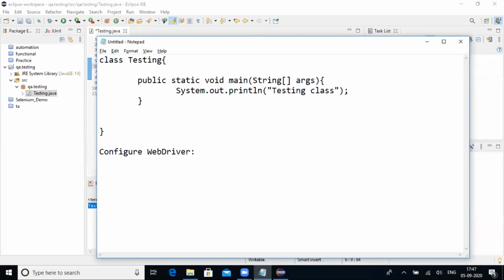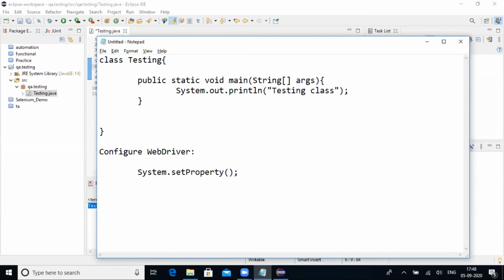First thing is we have used system.out.println to print the statement. This println method is there inside this system class. Similarly, there is a method called setProperty, which is present inside this system class. system.setProperty. SetProperty is the method which is there inside this system class. So what will it do? It will accept key value. It will set the property for your system in key value pair. Okay.